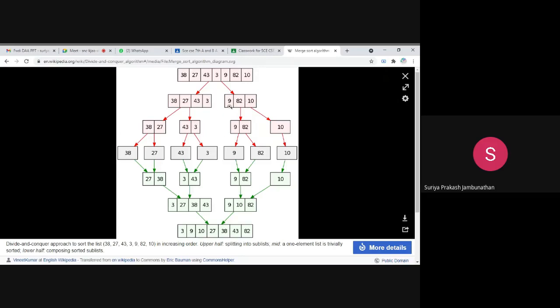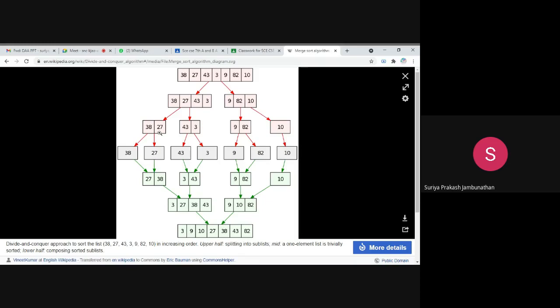Now, what is n divided by 2 for this particular list? The n value is 3. So 3 divided by 2, what value will you get? 1.5. So what you have to do is take the first two elements in the first list and the remaining one element in the second split. Here we are changing: when taking the entire list we took 4, and here it is 3. The same way, when taking 3, first we take 2 and next we take 1, according to the formula n divided by 2. Then further we are splitting.